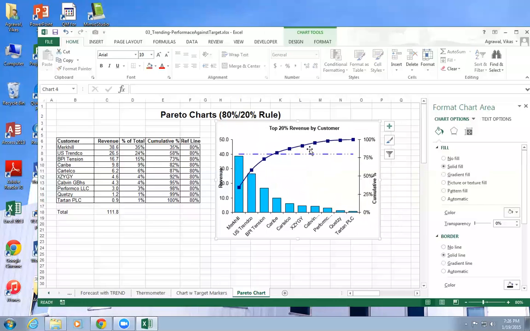Okay? This is the cumulative. The first person is bringing most of the revenues, 35%. The first and second people combined bring 58%. The first three people combined bring 73%. Okay, so obviously you want to reward them or do whatever you want to do, but these are the three main people you have who are bringing almost 80% of the revenues.